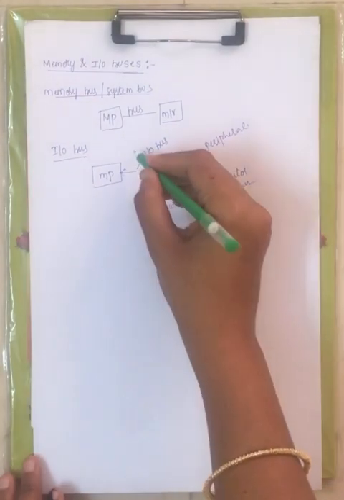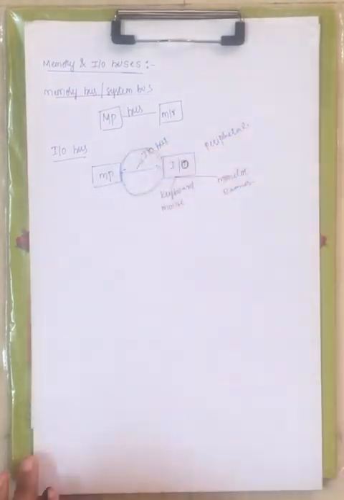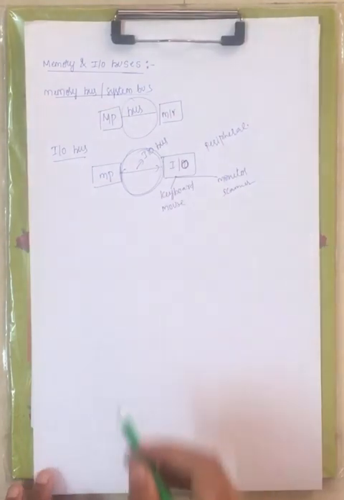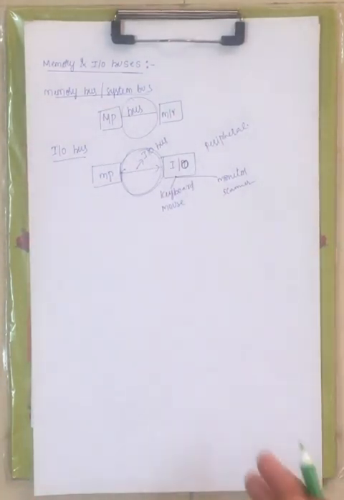How this connection is done is nothing but interfacing. How this connection is done between your microprocessor and the memory, and between your microprocessor and IO devices, we will see later. Now let me briefly explain again. A microprocessor contains three types of buses. Under 8085 we have seen it contains three types of buses. The address bus is used to carry the address, and the data bus is used to carry the data, which is 8-bit data for your 8085 microprocessor.